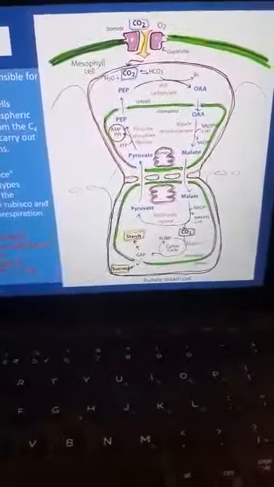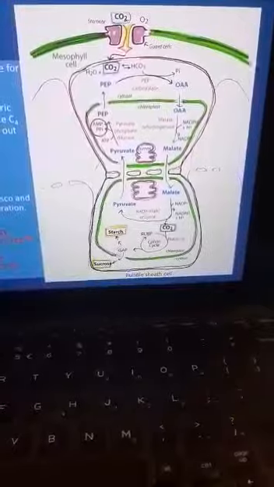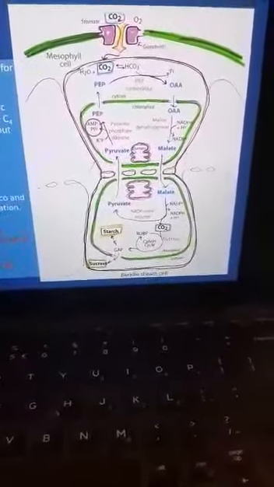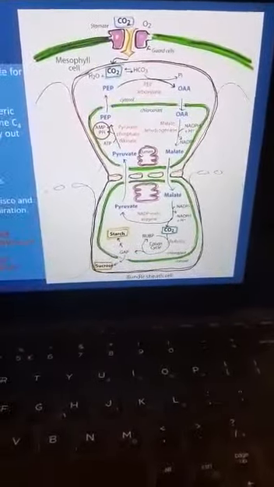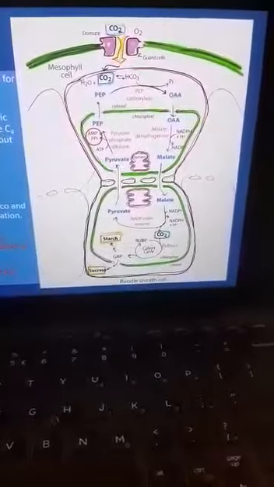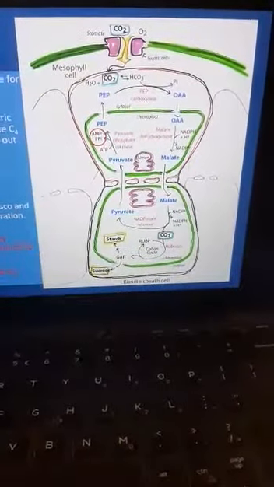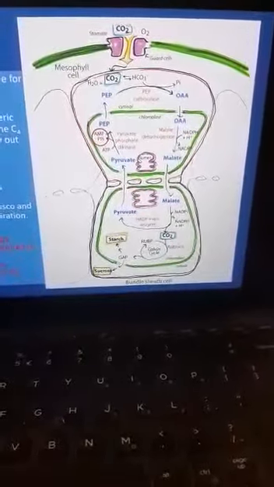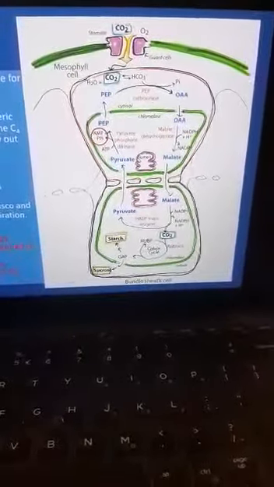Even the Thohoyandou area, you grow maize during summer. You know, temperatures in summer can be very hot, and these plants can survive in this kind of areas because they've got a strategy of minimizing photorespiration. On the other hand, C3 plants cannot survive that well in hot areas because they don't have a mechanism